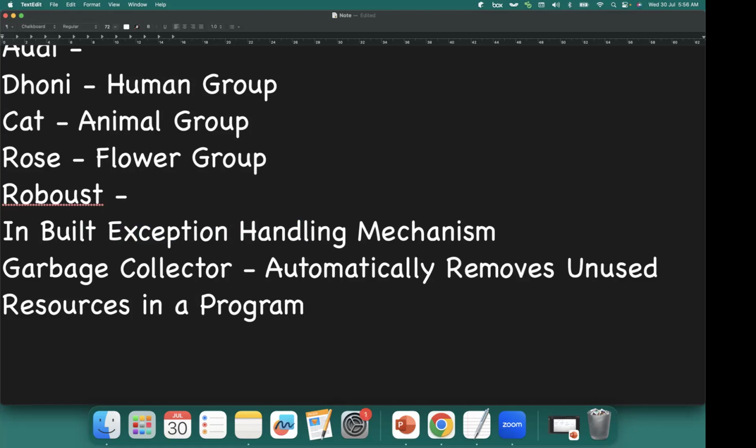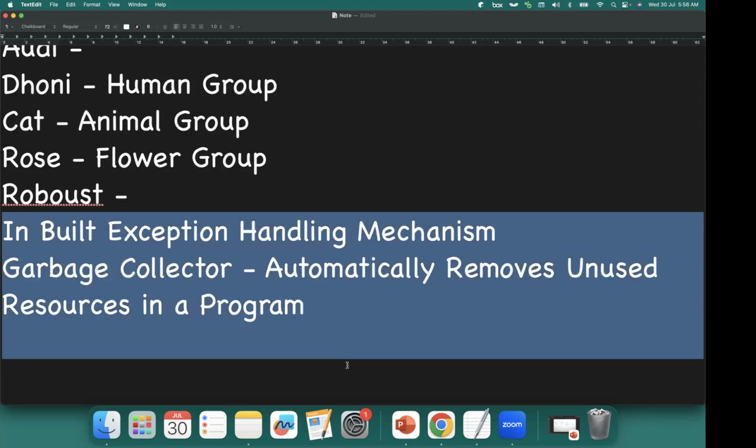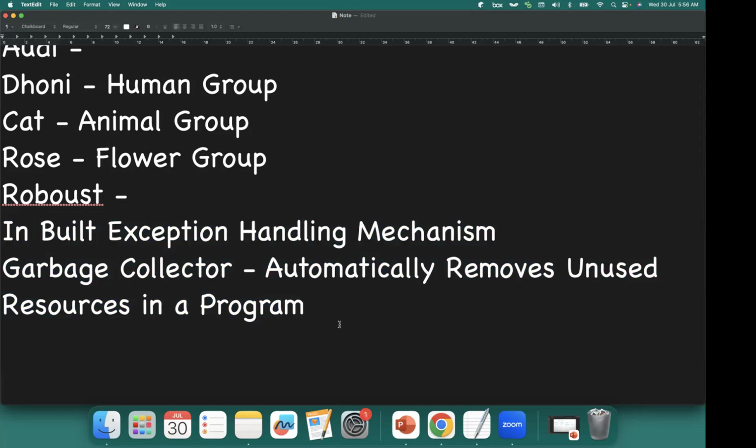Now, before Java, as I said, when you compare Java with other programming languages, these two are not predefined. The programmer or the developer needs to handle these things explicitly. Garbage collector is nothing but garbage. When I say garbage, I mean unused variables and unnecessary resources in a program, whose memory will be deallocated. Allocation I will discuss in upcoming sessions, but for now,